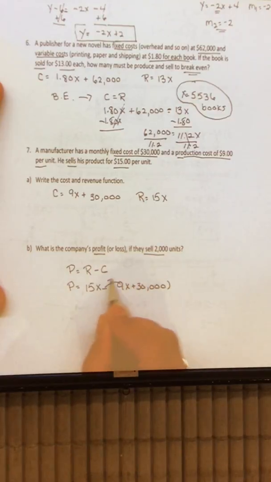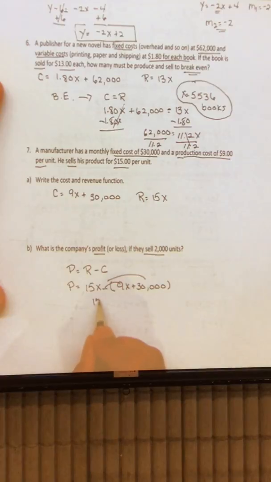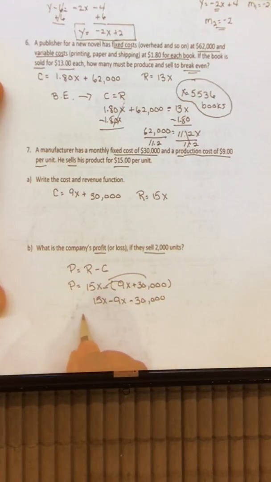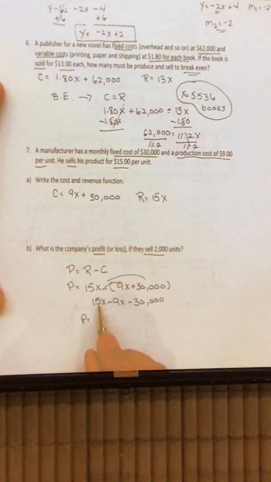Let's now distribute the negative. We have 15x minus 9x minus 30,000, and 15x minus 9x is equal to 6x